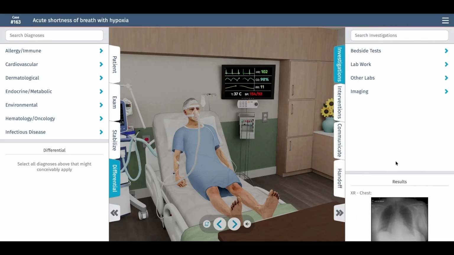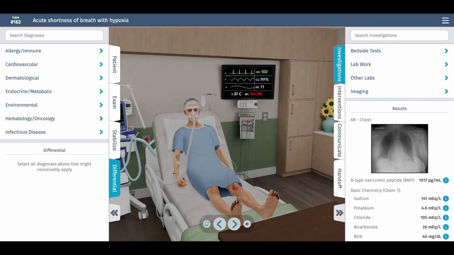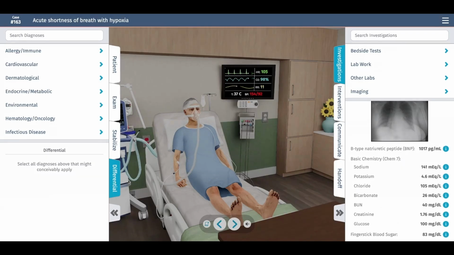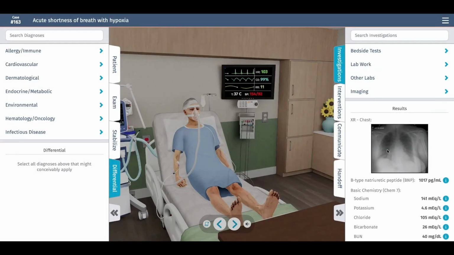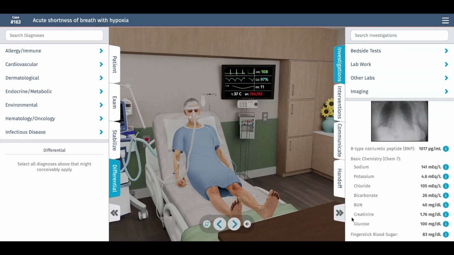For our investigations, we already got an X-ray of the chest and BNP, so we know what it is. We got a chemistry which did show a little elevated creatinine, a little azotemia there. Not really much to do. I mean, we did have to diurese her, so we'll need to keep a close eye on her creatinine. It may get worse. It may also get better. So, gosh, we won't uncork that genie, but